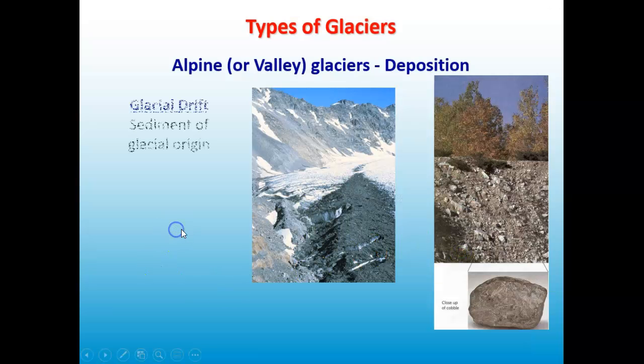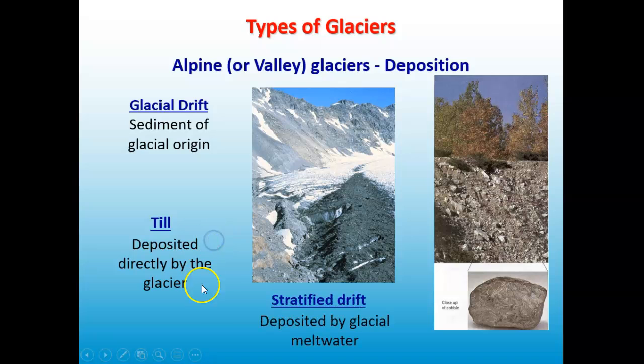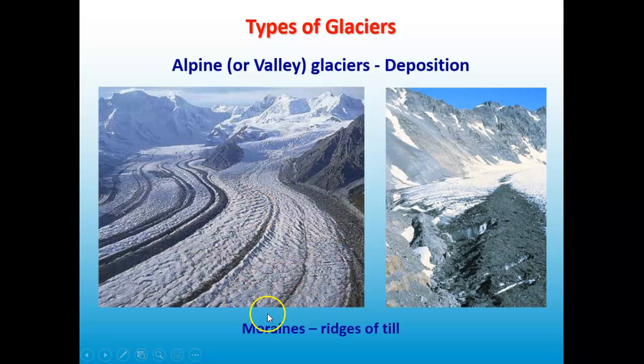Let's see here. So the term that I just want you to really remember is till, because that's our general catch-all term for any debris that is deposited by a glacier. Okay, so there's some other types, like melt water and other sediment, but till is the general term. If we see a bunch of debris, we say, hey, that was pushed or deposited or torn by a glacier, we're going to call that till, because the till can be piled up into different shapes. And what we see for